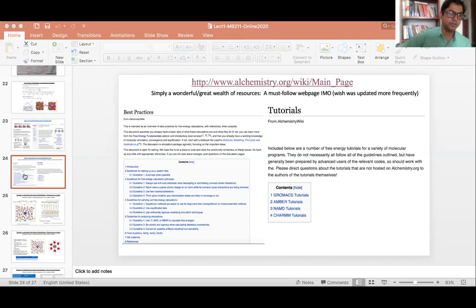But what would be immediately important to you is to look at the tutorials, a very nice set of tutorials by people in the field, like Justin Lemkul, whose GROMACS tutorial I think you follow to run lysozyme. He has a nice tutorial on how to compute ethanol solvation free energy, a standard free energy calculation. And there's the Amber tutorial on lysozyme. Then there are some NAMD tutorials on taking a protein and finding the free energy of mutating one of the residues to something else. A gold mine of resources here.